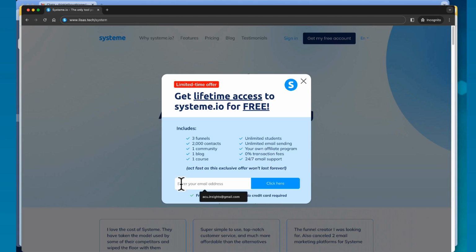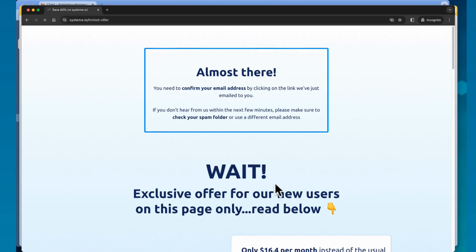So I'm going to go ahead and put in an email address that I haven't used, so you can see the setup from the start. That's part of the reason why I'm in an incognito window. You do not need to be in an incognito window. I'm in that because I already have an account with Systeme, but I want you to see the process from the get-go. This is one of those things where all you have to do is click out of here,